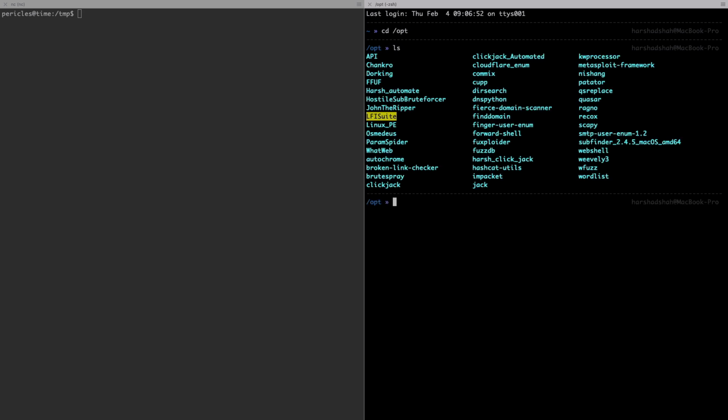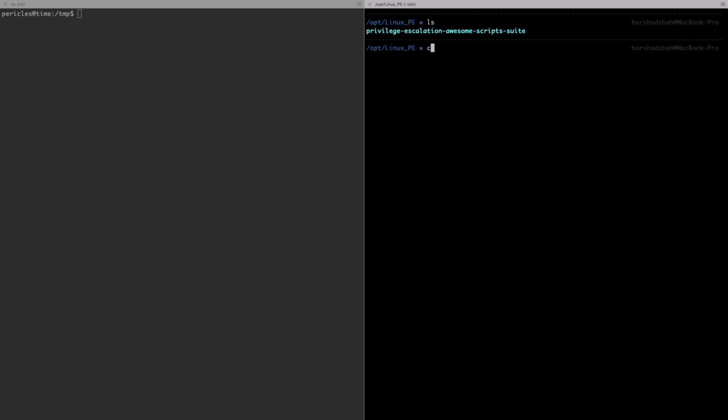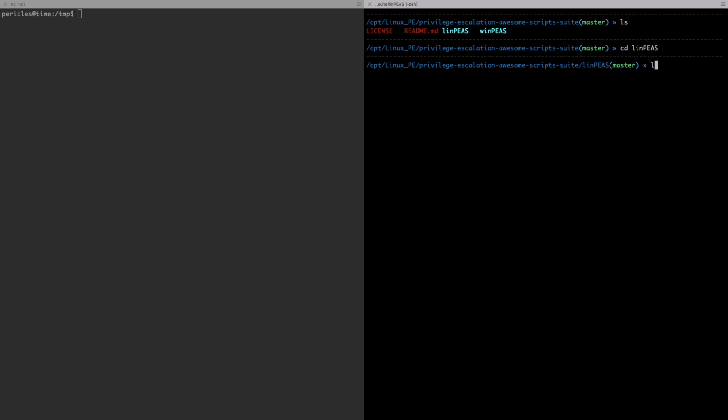cd Linux privilege escalation, cd privilege, and here I have linpeas. So cd, go there, and we need to transfer that file. You can use python3 -m http.server on port 80.